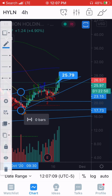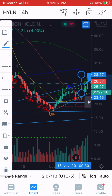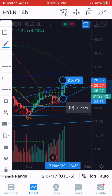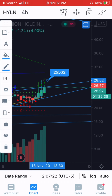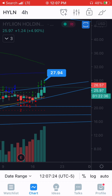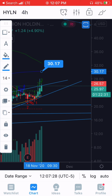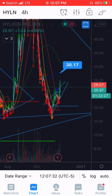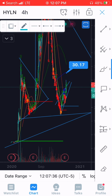Now, I did have a breakdown target of it, but it's kind of pointless now because obviously we broke out of it. So if we take a look at the measured move of a breakout of this usually bearish chart or bearish pattern, our breakout is actually 27.94. There's a perfect reason that it looks like it could actually get rejected there for a small short time. But if you look at the weekly 100 EMA,